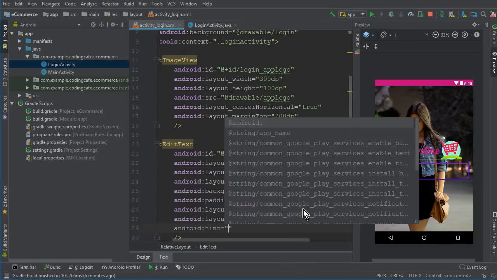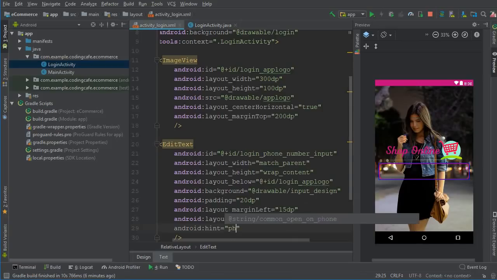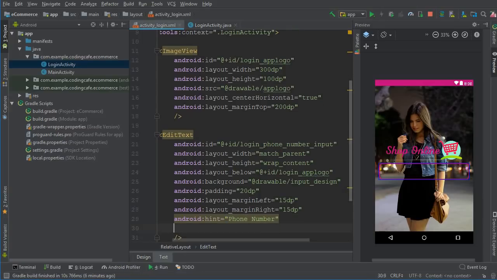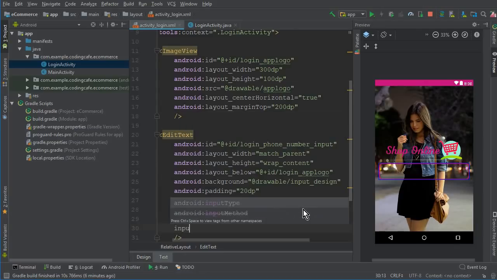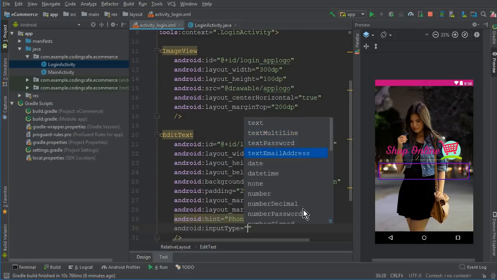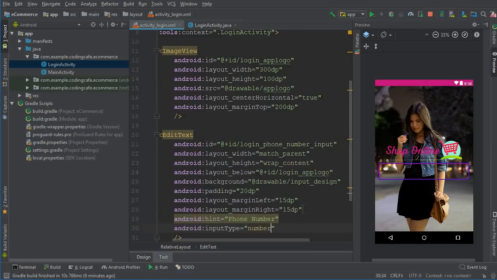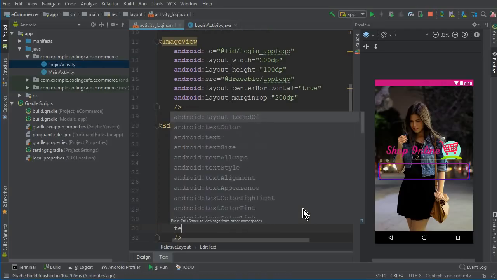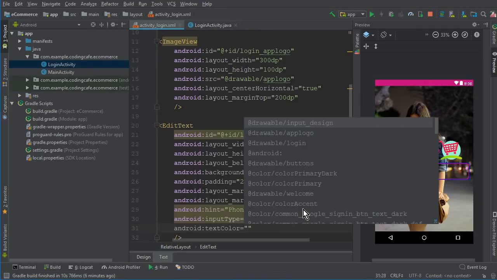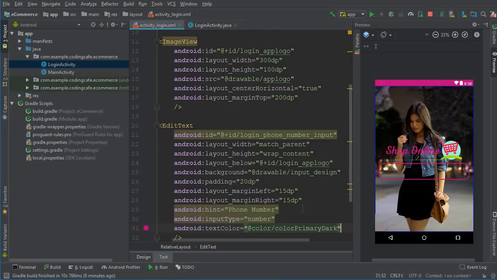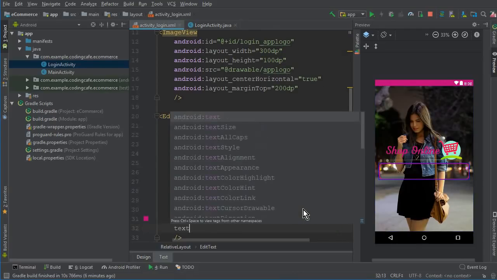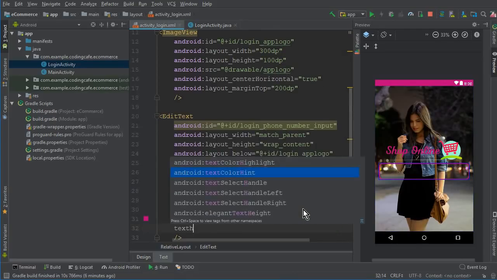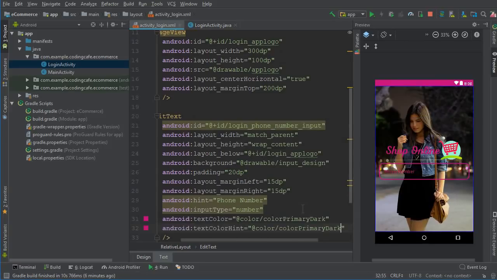Let's give it a hint. So the hint will be phone number, and we have to specify the input type for it because here the user will only enter numbers. So we can say input type, and it should be only numbers. And the text color for this will be color primary dark. And also let's change the hint text color, which is text color hint,